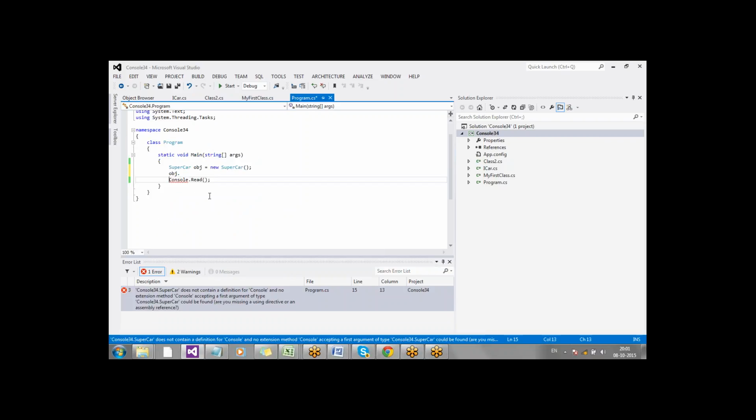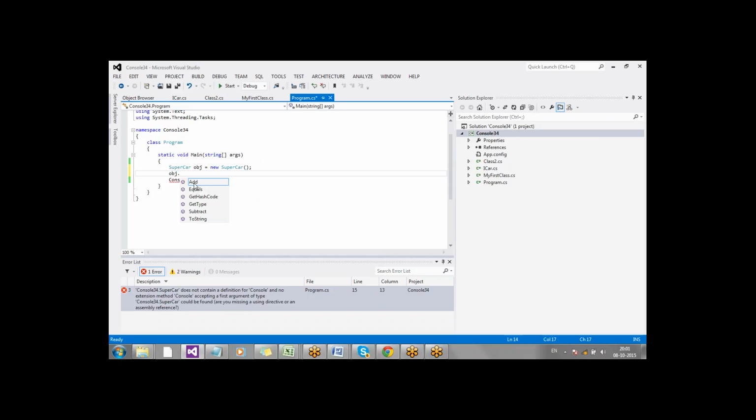Definition Console. Okay, good. So if I hit a dot next to my child class's object, you are unable to access your base class method, which is marked as private, from your child class's object. Fine.